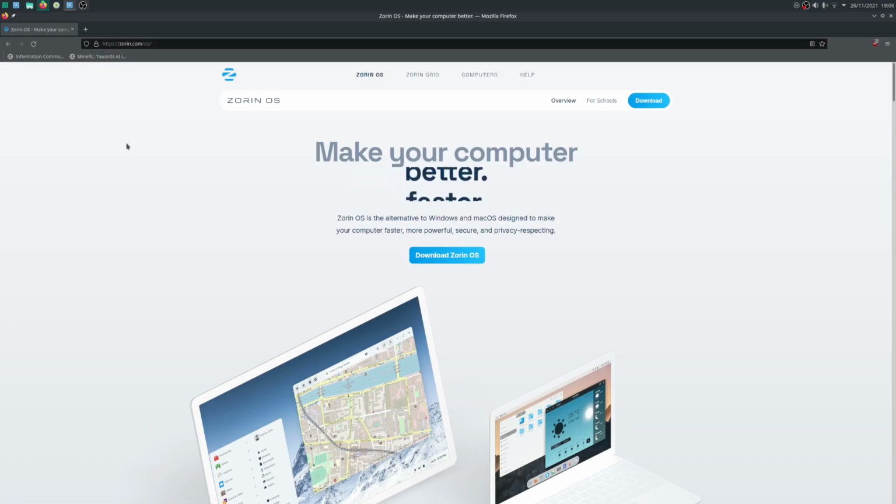So today I'm going to be installing Zorin OS, which, according to the website, is the alternative to Windows and macOS, designed to make your computer faster, more powerful, secure and privacy respecting. Now, from what I've heard from people on the internet, this is very much the Linux alternative to Windows and macOS. So this operating system allows you to choose from a variety of different desktop environments to make itself more suited towards the Windows or macOS users that haven't branched out to using any other types of